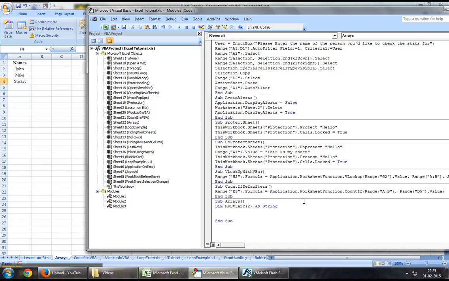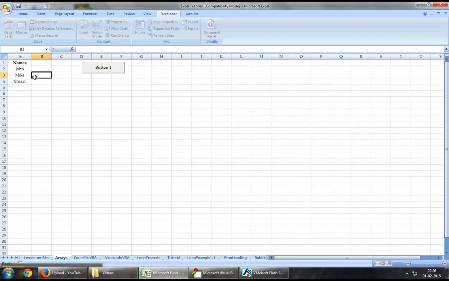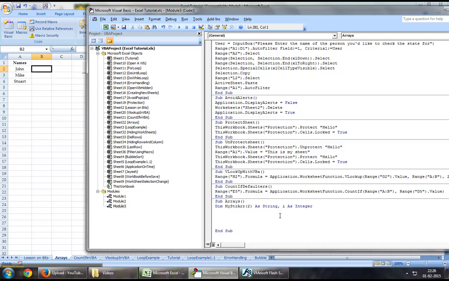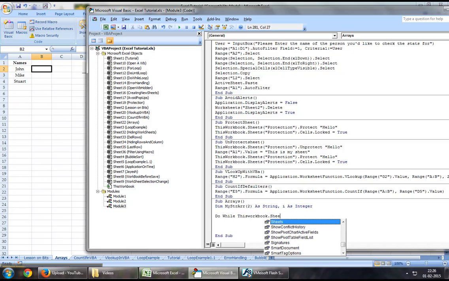Now let's run a loop quickly to add some values to these arrays. As we can see, we've got a list of names here that we will add on to these arrays. So I've got an integer. Let me run a loop, a do while loop. So do while this workbook dot sheets arrays dot cells